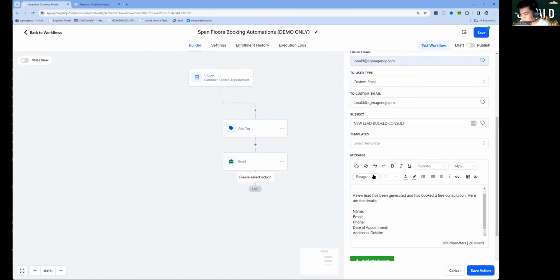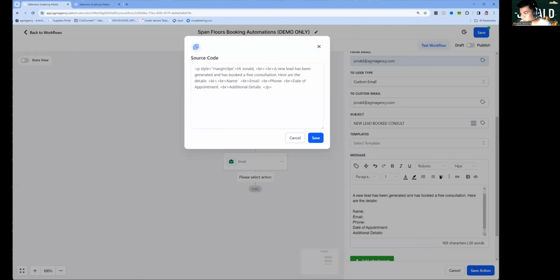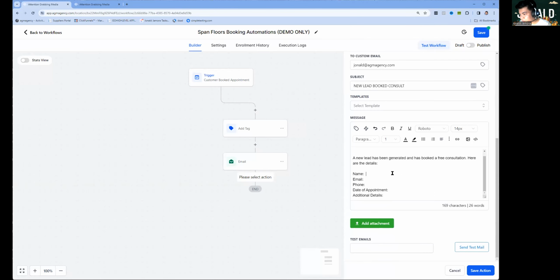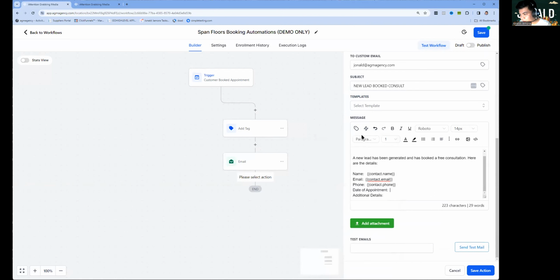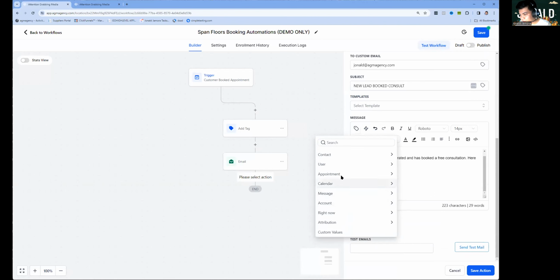So for name, you can do it manually, or you can automatically pull up the information via this. Actually, that's a code. Here, via the custom values: contact full name. Here, contact email. Here is contact phone. Here is appointment start date,